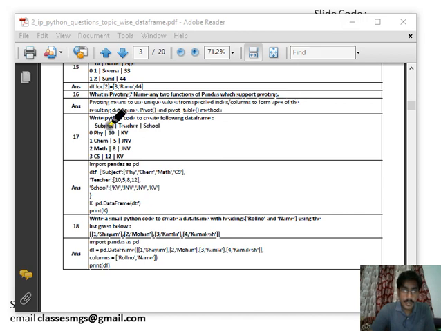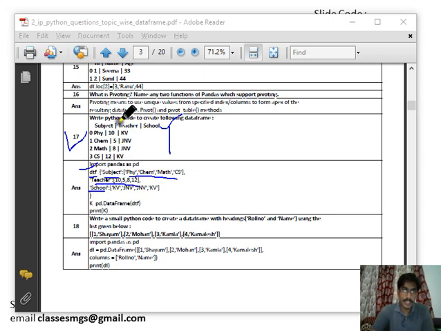So this question is simply asking to write down the Python code to create the below data frame. Subject, teacher and school are the column index, 0, 1, 2, 3 is the row index. So you can create the data frame with the code: import pandas as pd, df equals, you create a dictionary. Subject, then you pass all the values: physics, chemistry, math, cs. Then teacher, then you pass all the values. This is the example of creation of a data frame using a 2D dictionary.